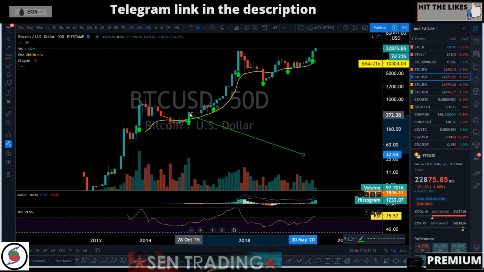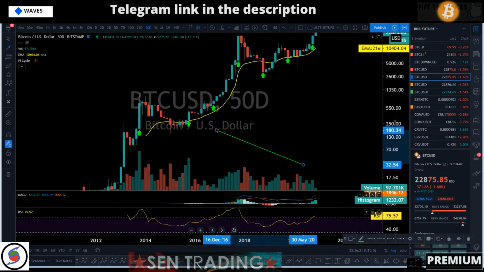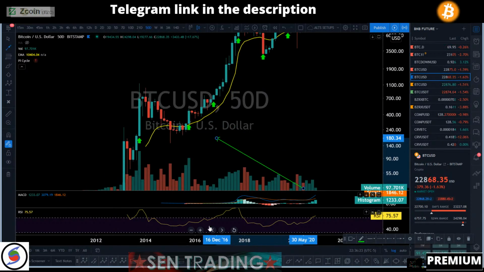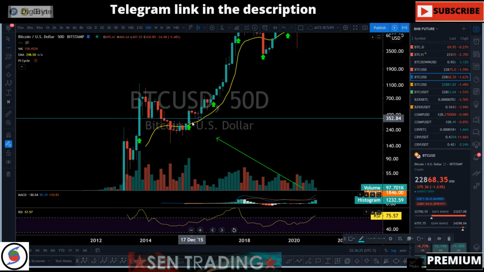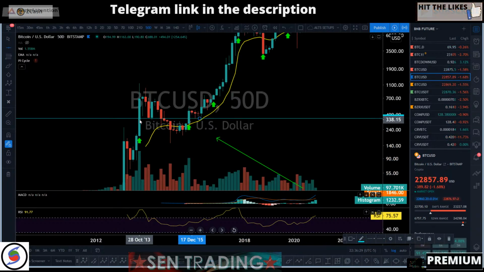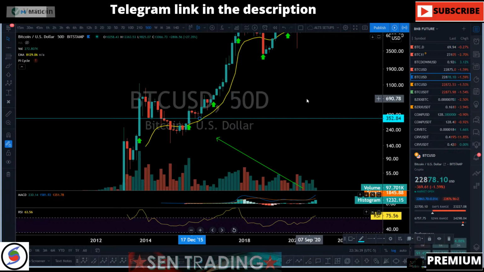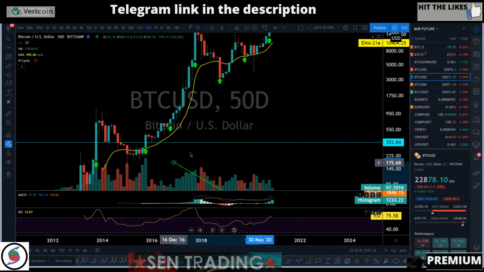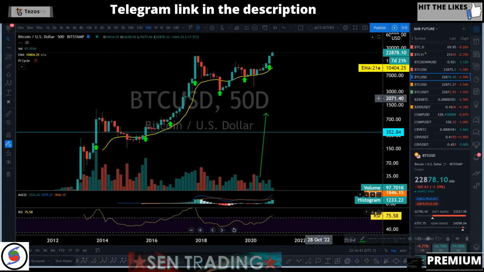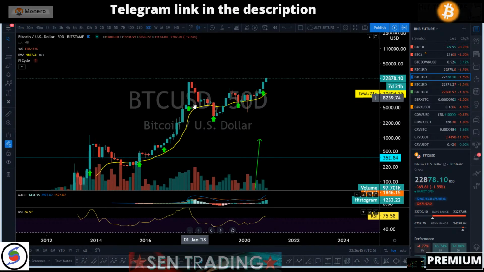So you can see the October 2015 similarly. After the pump, price dipped 50% and retested the body candle of October 28th, which is also the same price level as the October a year ago, like October 2013. So two years actually. And you take a look at October 2017.